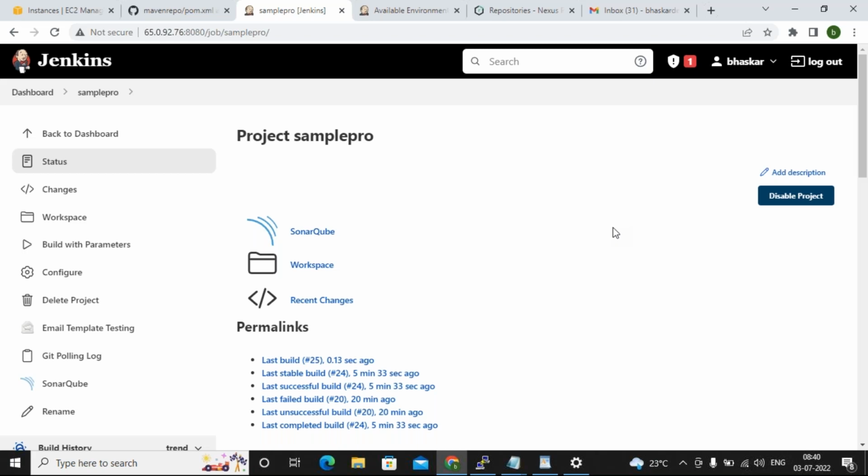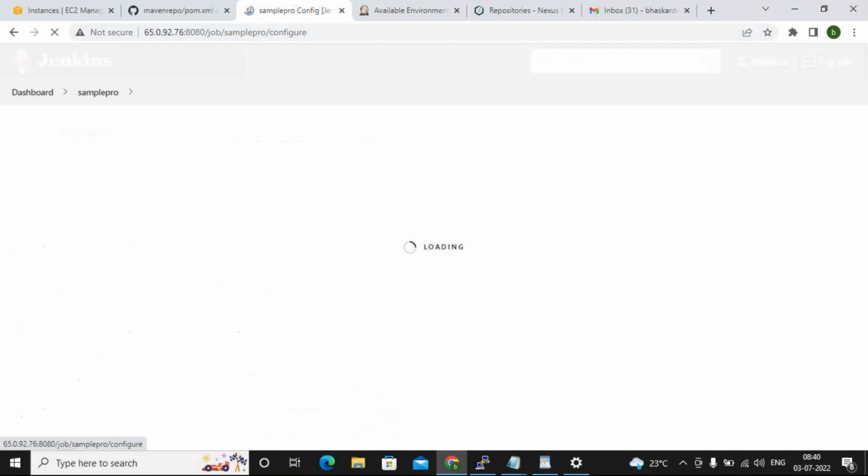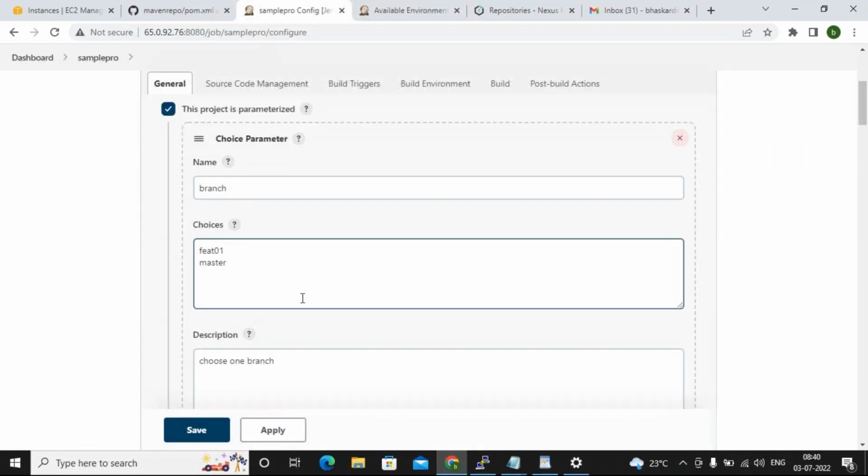Choice. So sometimes maybe assume that even he doesn't know the feature branches he has, based on the requirement, maybe you may get some new branch also. Even I don't have an idea right away. He said, Amar, my request is go with branch as a variable, but here I don't know the values right away. Later, based on my requirement, I want to provide the value. Maybe I may have a new feature branch also. So I don't have the list right away. So I can't go with choice then.